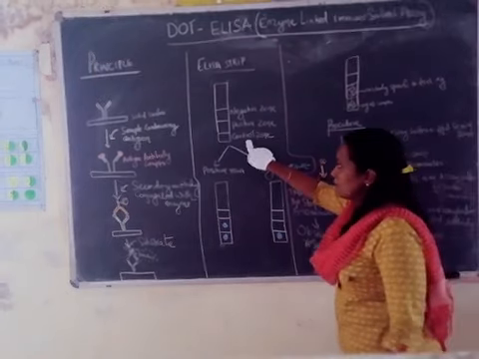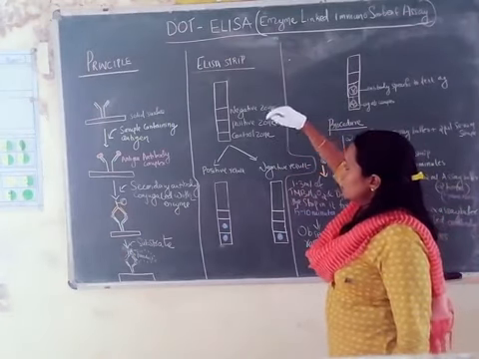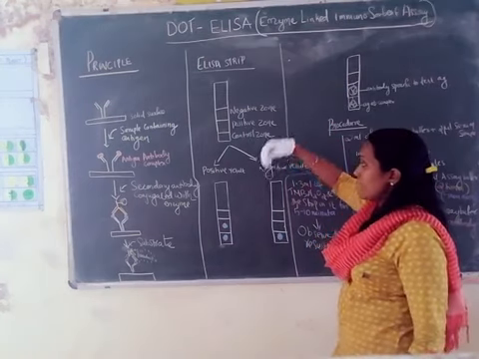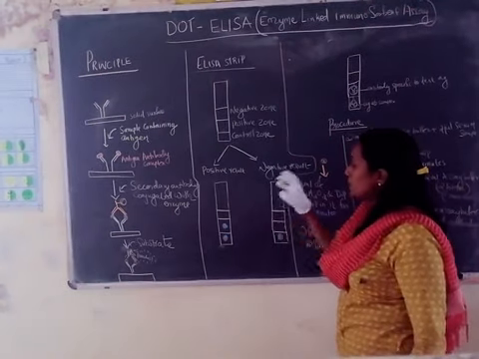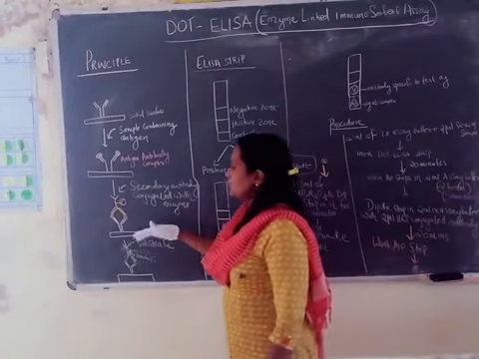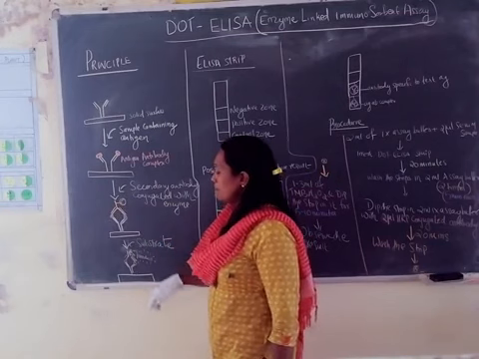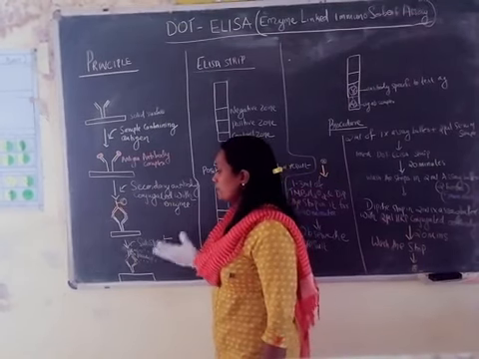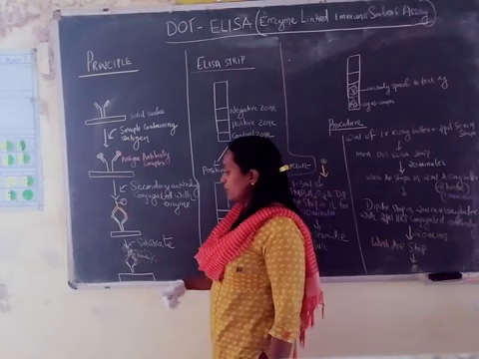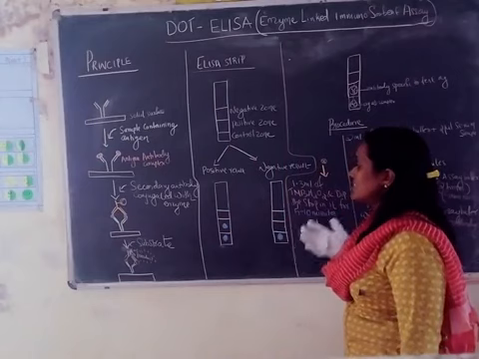The purpose of having this particular region is to check whether you have done the experiment properly. Now, if the sample you are taking has the antigen, when you dip this strip into the sample, the antigen will bind to the antibody and it forms a complex called antigen antibody complex. And after the washing step, when you dip it into another solution containing secondary antibody which is conjugated with the HRP, it forms a complex, and to visualize this particular complex formation, you have to add the substrate. Why? Because we are using an enzyme labeled antibody. Reaction happens and there will be formation of a product. The product which is formed here is TMB oxide.